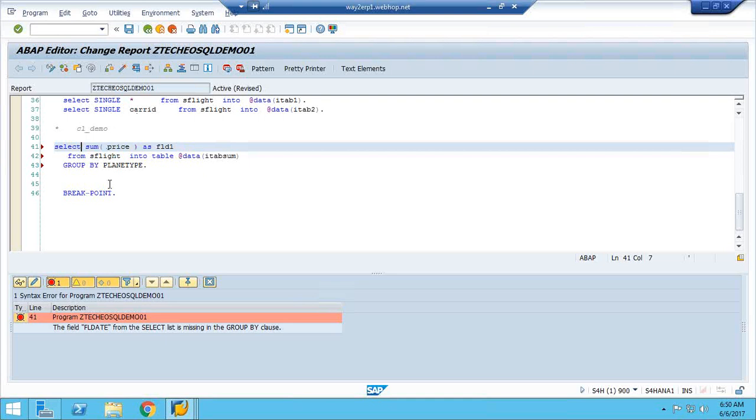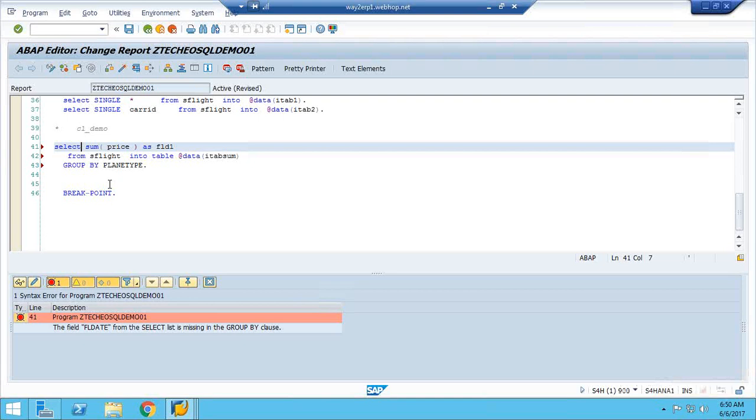Plain type may not be displayed, but the summation will happen as per plain type. So it is not mandatory to maintain in the selection whatever is in the group by, but whatever selection we are doing should be maintained in the group by.